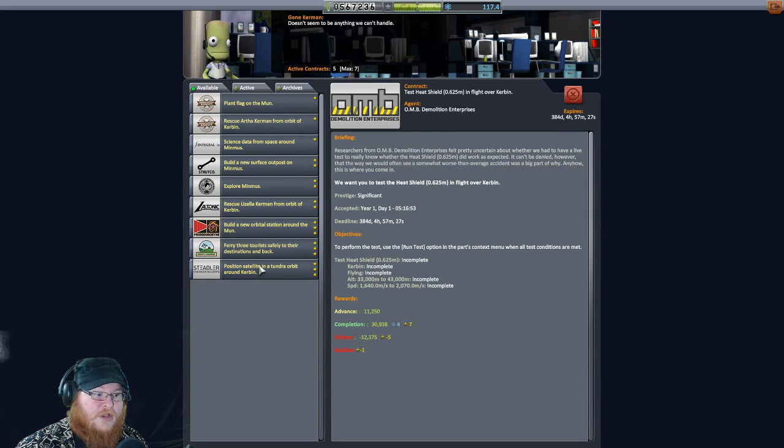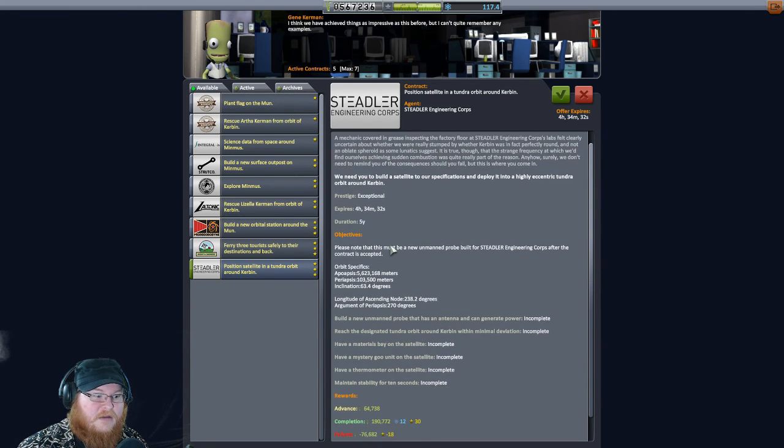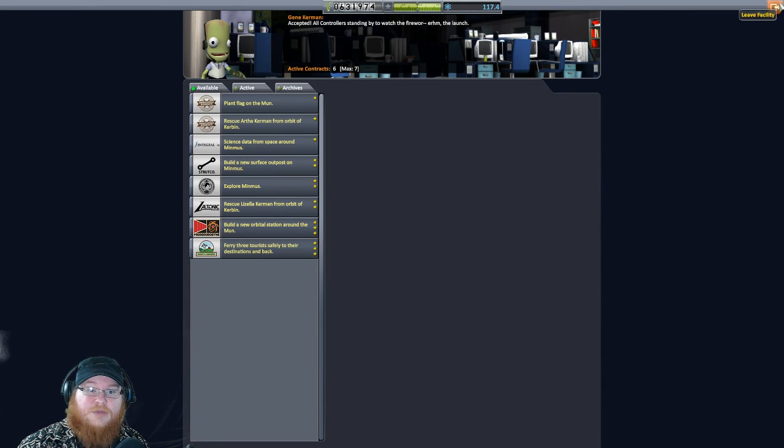But there was one that was catching my eye. Position satellite in a Tundra orbit around Kerbin. It expires in 4 hours, so we have to make our decisions now. But we have 5 years to actually complete this thing. But the reason I'm saying that I'm going to complete it and actually take it as a mission is because